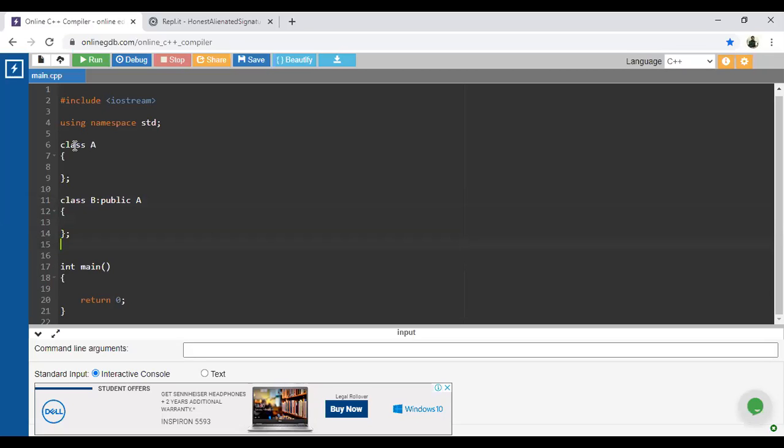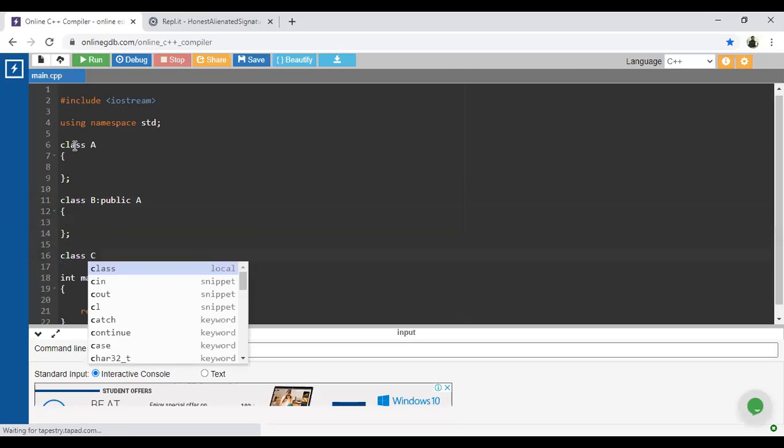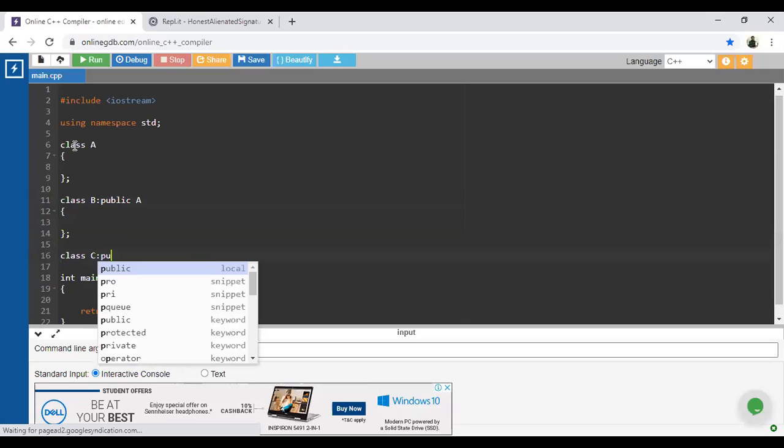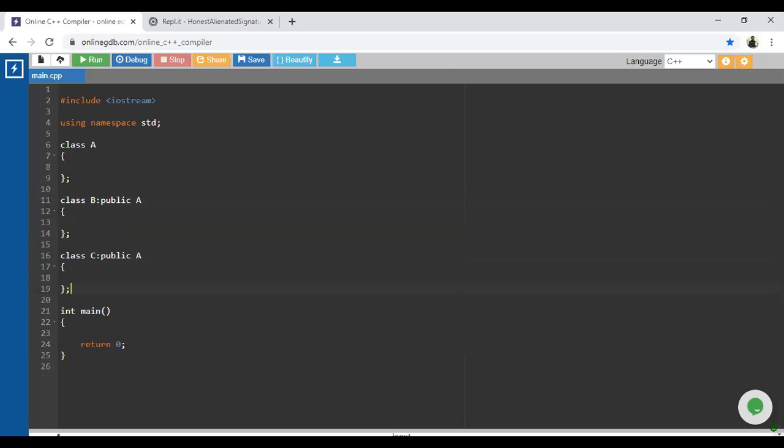Next one, class C is going to again inherit all the data members as well as functions from class A. Next, that is for the last child class.